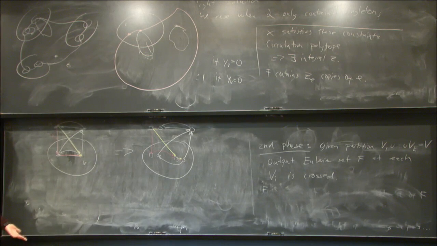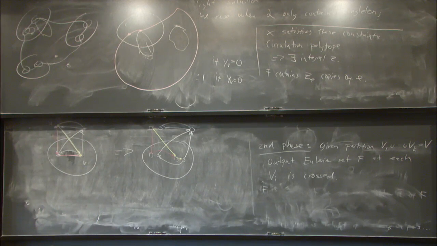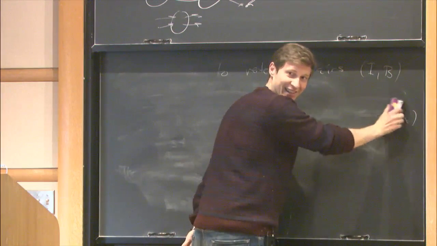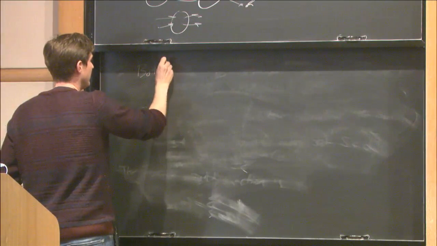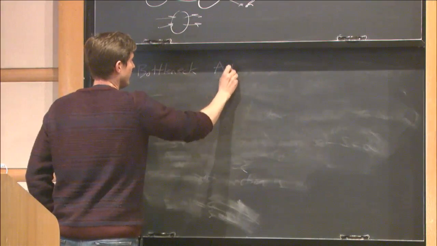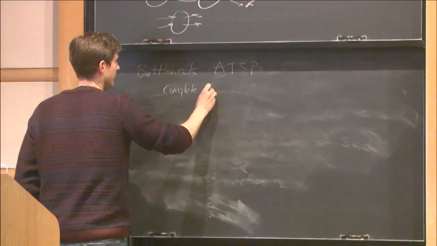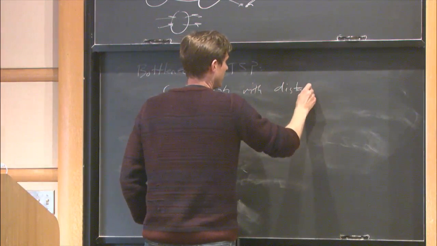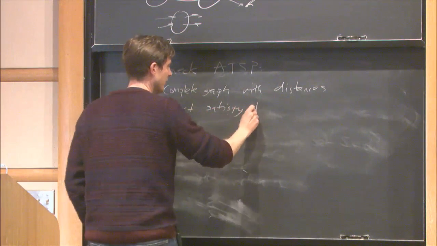So let me finish with saying some nice open questions, in my opinion, or any question. One I find interesting is bottleneck ATSP. So here, given a complete graph with distances that satisfy triangle inequality,